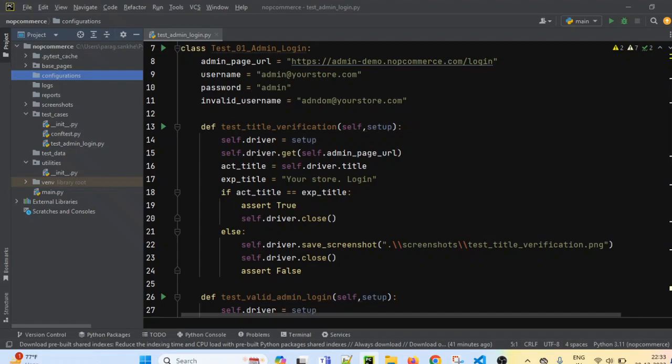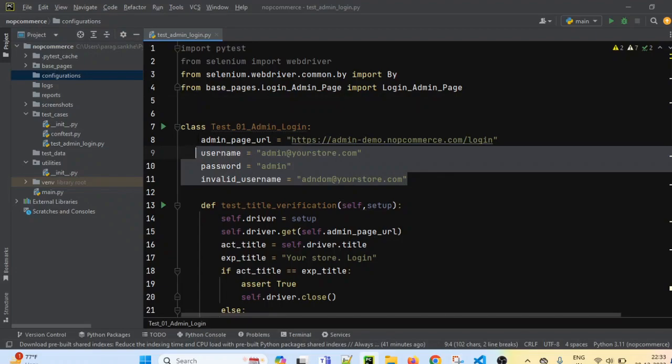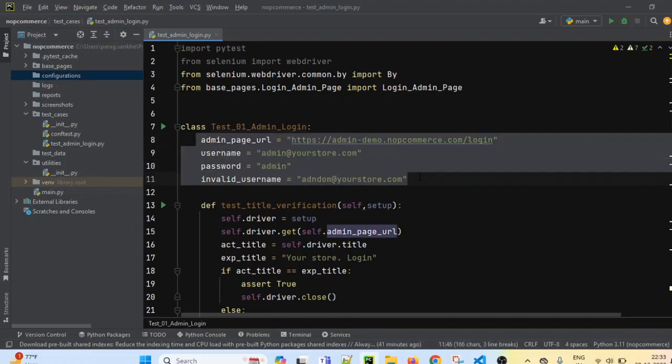So in our test cases, if you see, we have used these values, which are kind of hard-coded values in our test case. But in framework, as a rule, we should not use hard-coded values because let's say this is the first test case where we are using this data, and there can be multiple test classes which we create, which will also use the same data.